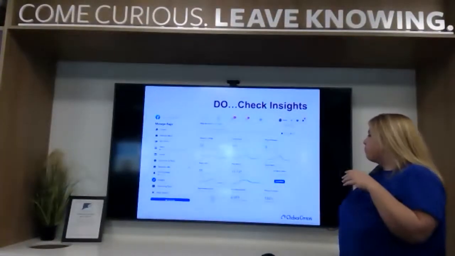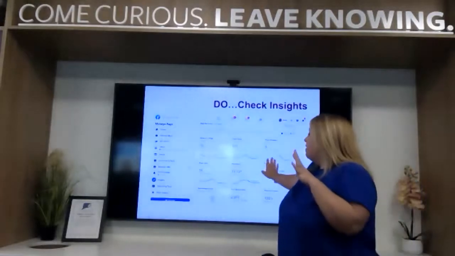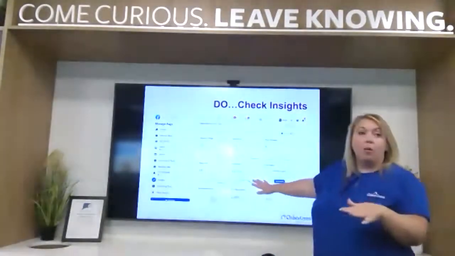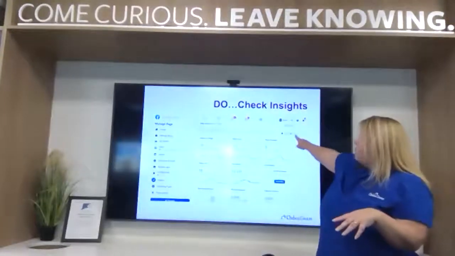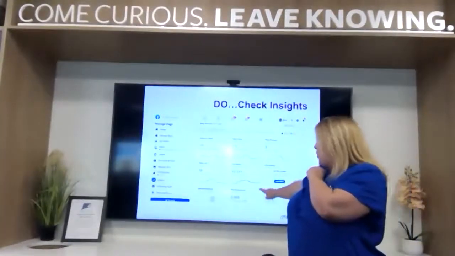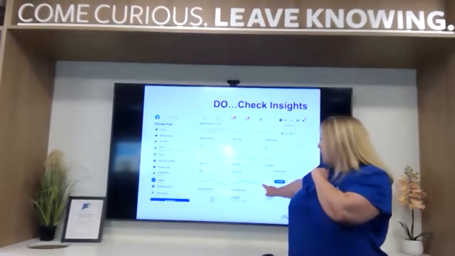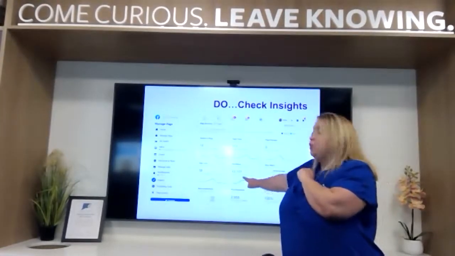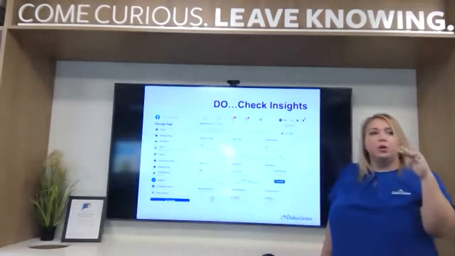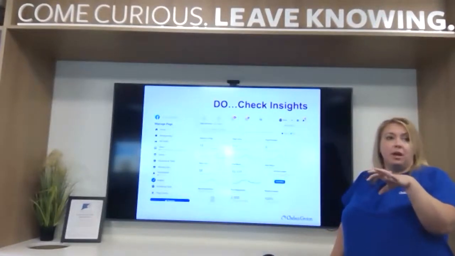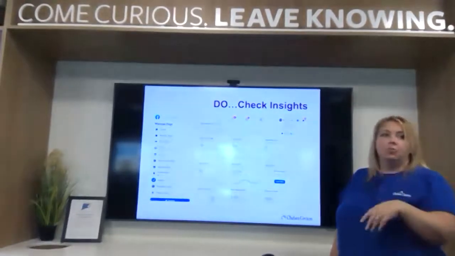So if this is free, this is what Facebook is providing me without paying for it. Green is paid. So if you boost a post or a story or whatever, you'll get a green line too that will show you how much better your engagement was with the ad than prior to it.